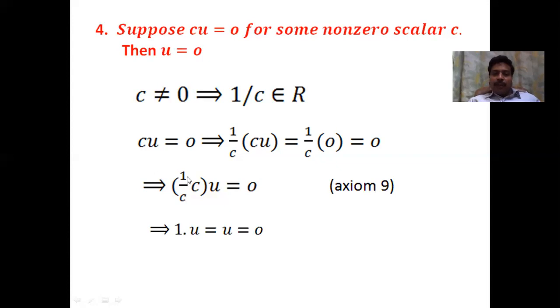A multiplicative inverse operated with the element finally gives the multiplicative identity, that is 1. So 1 into u is u by our axiom number 10. On the right hand side, you will get this zero vector. So u is equal to 0. So we can conclude that